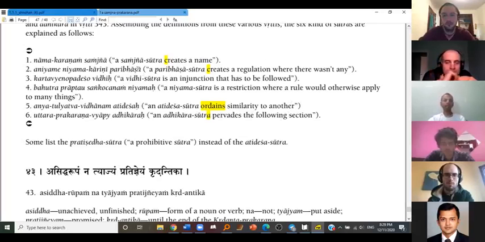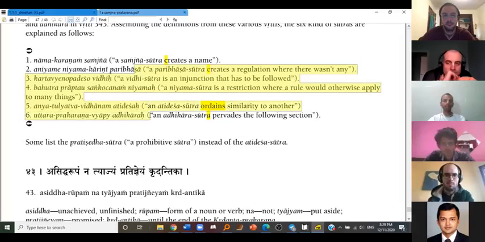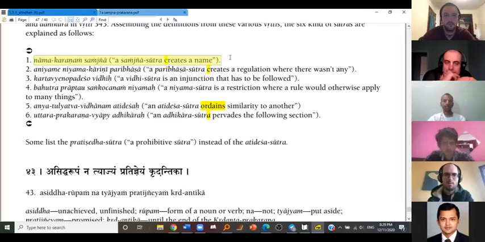So don't worry, I know you might be thinking, what are all these? But when we come across the subject and the context, then they will be clear. So for the time being, we know what Saṁjñā is at least. We know, right? What are Saṁjñā sutras? And we'll be explaining and studying all this also.